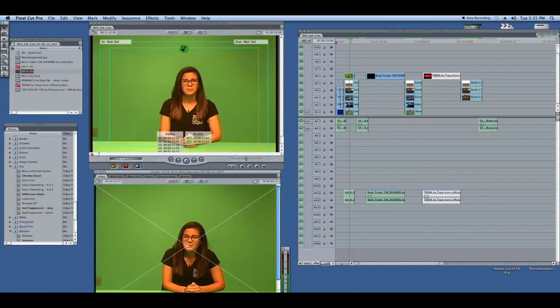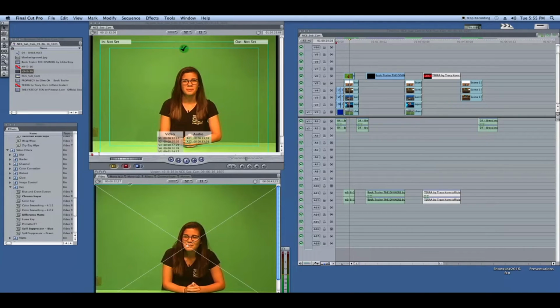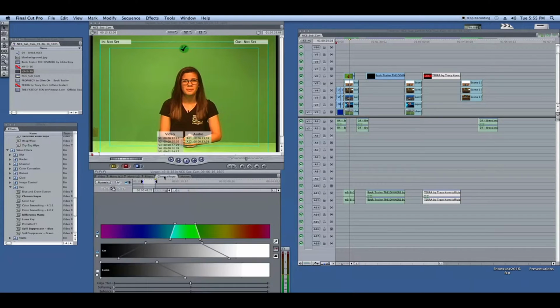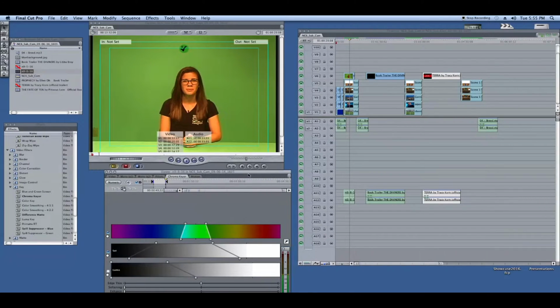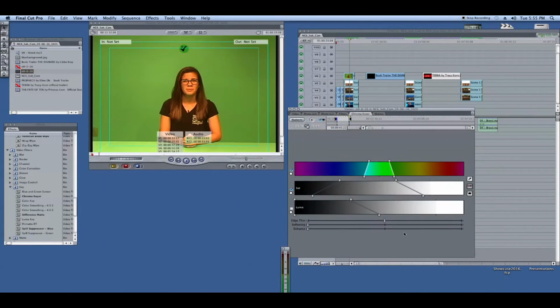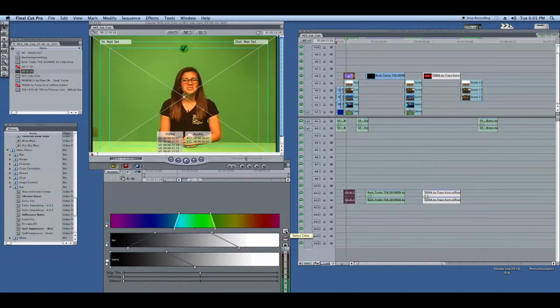these background elements. If chroma keyer wasn't already on there, we go down from effects, go down to the key folder, go to chroma keyer, and then drag it over here, and then you'll see this spectrum, and then these refining tools down here. Ordinarily I would do this after I had each segment in place, so I'm going to just show you using one segment. Click the little dropper, the select color,